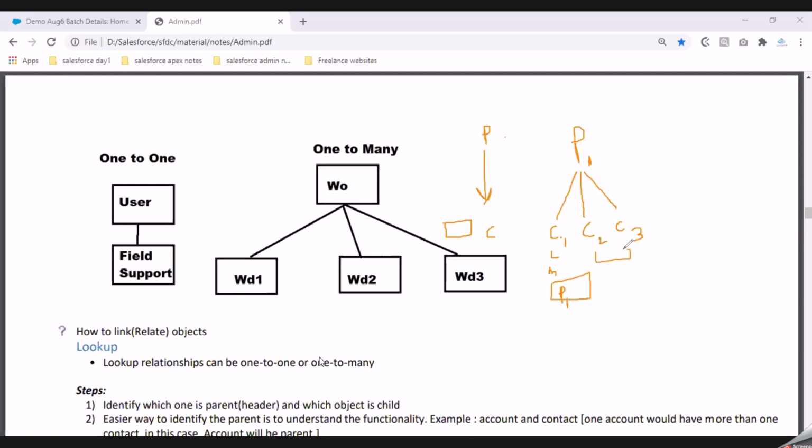So all these childs will have this field filled out as P1, so that at the end of the day, all three childs are connected to a parent record called P1. That is where you can establish the relationship. All right, so this is how you can establish the one-to-many relationship. Let's build that relationship and we'll spend some more time understanding how this parent and child relationship actually works.